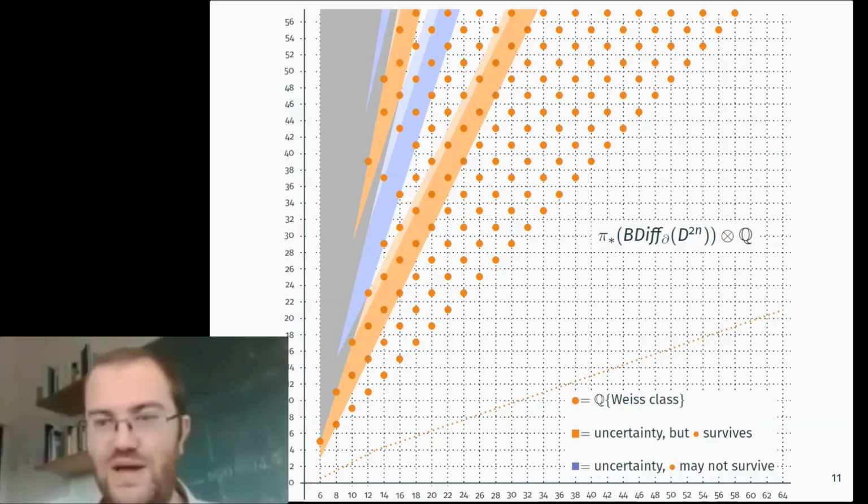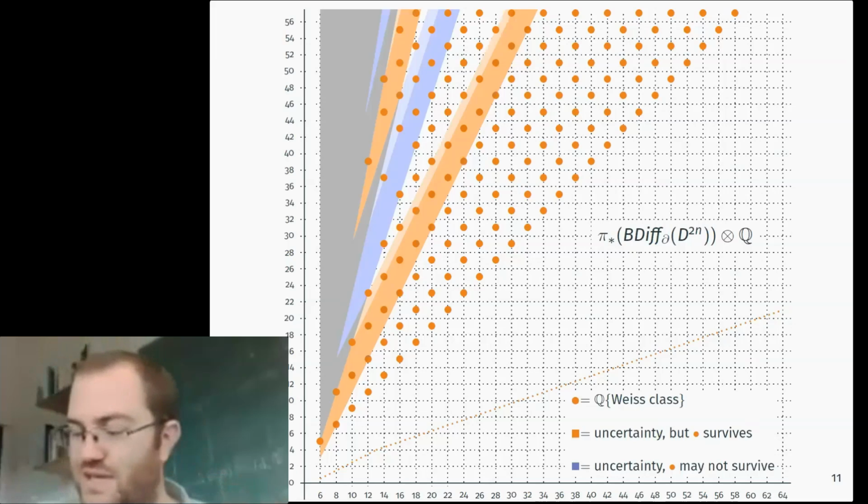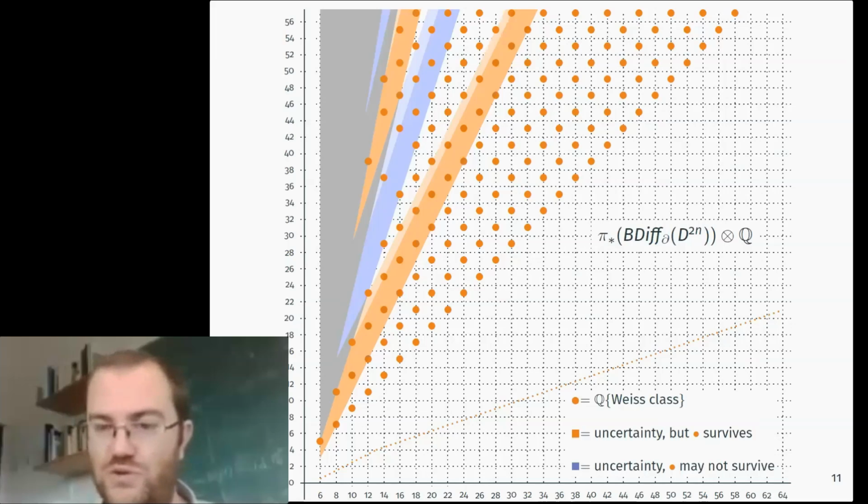That's true. There's another mechanism at play, which is that in this business of detecting non-triviality of Pontryagin classes, if you pull something back from B top to B top 2n and it's non-zero, then it's also non-zero on all the intermediate groups, of course, B top 2n plus 2, 2n plus 4, 2n plus 6. What that translates to in this picture is that whenever there's an orange dot, you can fill in the line of slope -1 under it until you reach this point here. So these orange dots are there because above them somewhere, there is an orange dot in an unobstructed region, like here. So this generates this whole line.